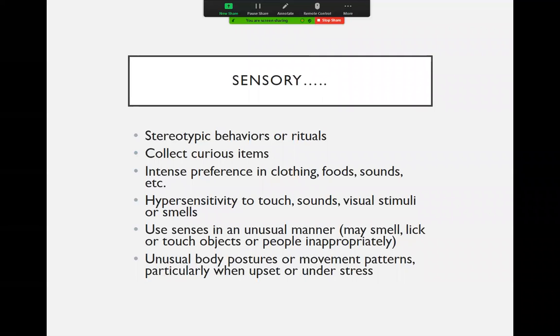With a lot of work, that got better. The food spread out. We eat anything I cook now, just about. Hypersensitivity to touch, sounds, and visual stimuli or smells. Like I said, sometimes that